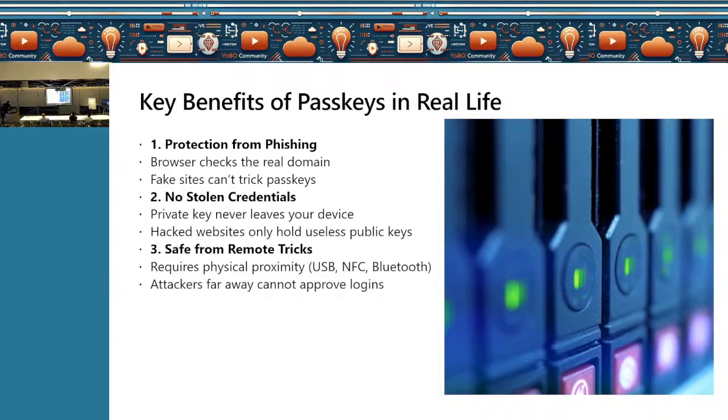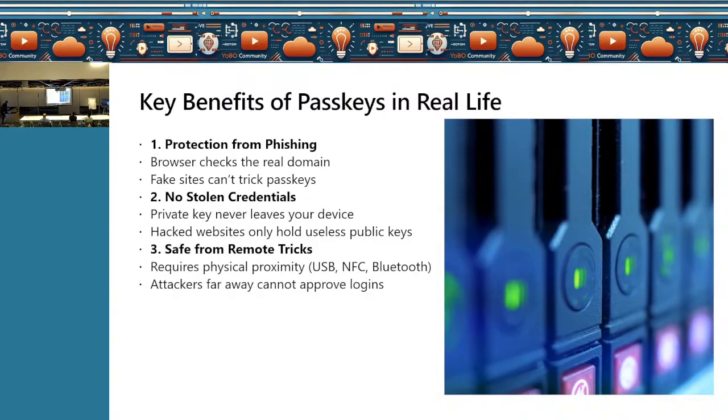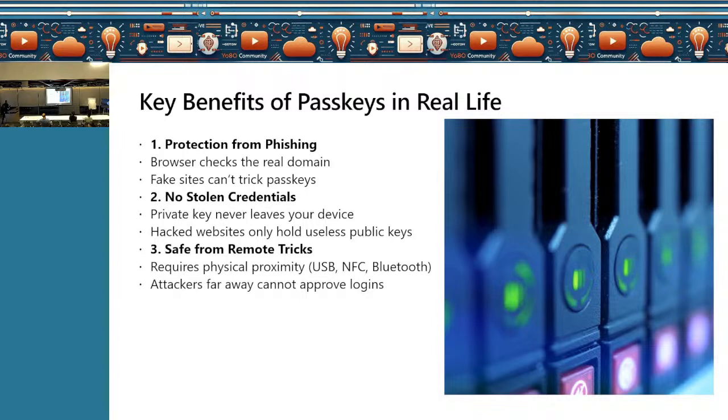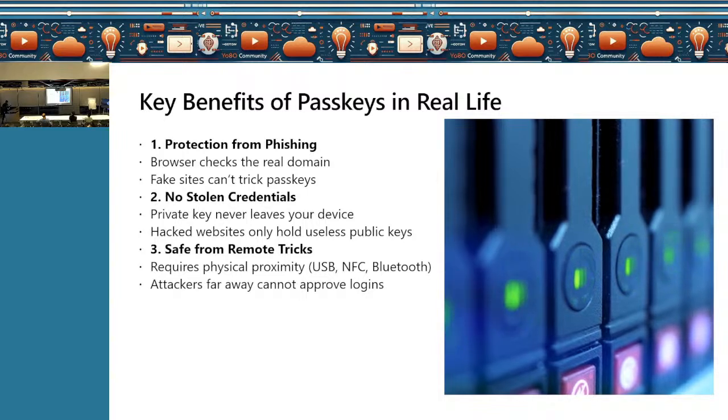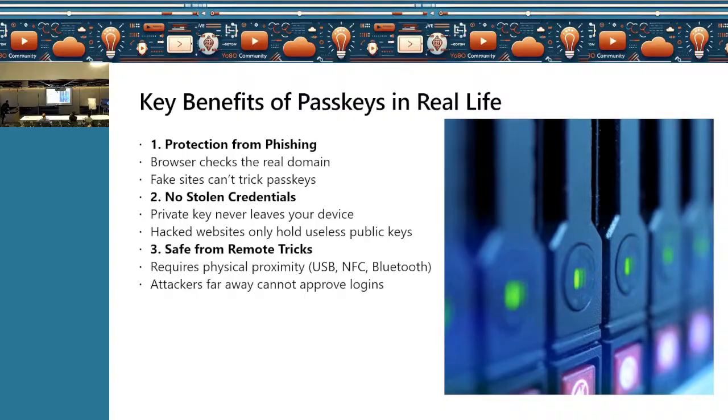Next, safety from remote tricks. Attackers often call users pretending to be IT. This is the same example we talked about, the adversary in the middle attack, wherein there was MFA fatigue and things like that. This can be prevented. No more entering codes, no more approving for logon. We are using passkeys, and passkeys won't pop up because of the first point. Again, we are checking for device proximity using CTAP, which is going to help us as well.